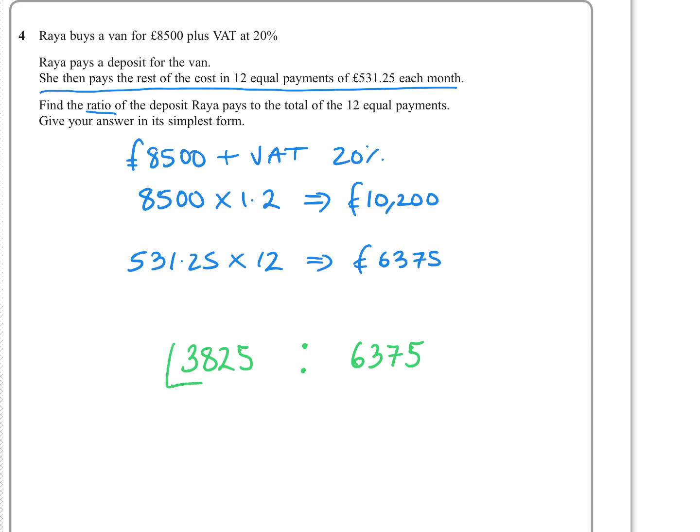So this will divide by 25, and I guess I'll do that on a calculator as it's the calculator paper. So 3825 divided by 25, that's 153. 25s would go into this as well. So 6,375 divided by 25, that's 255. And then if you add the digits up in 153, you get 9, so 3 will go into it. So 3 will go into this, and I don't need a calculator to know that's 51. And then 3s will go into this as well, so that's 85. So 51 to 85,